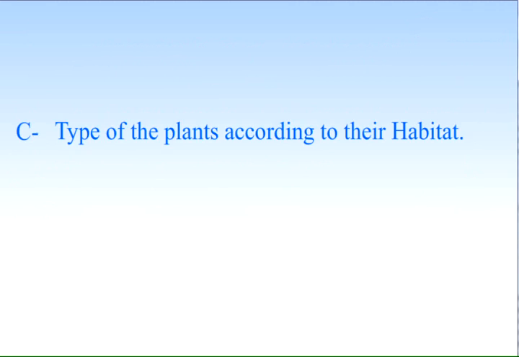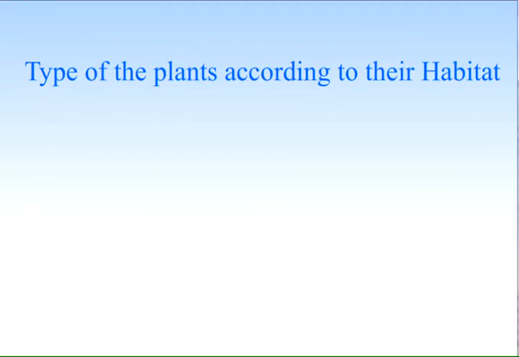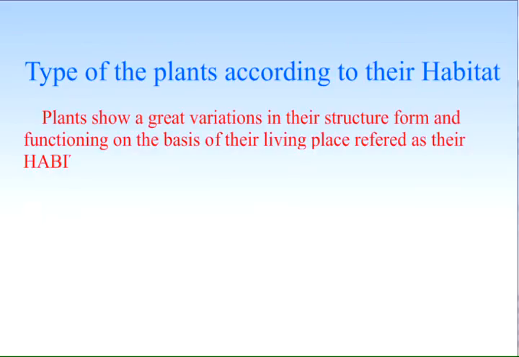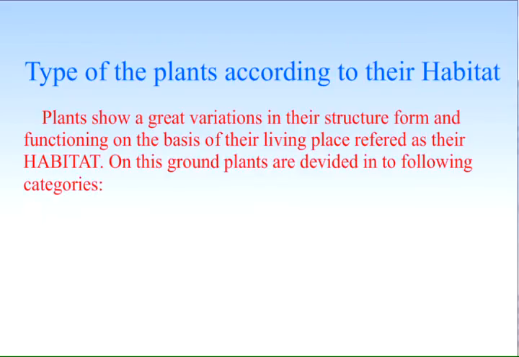Type of the plants according to their habitat. Plants show a great variations in their structure, form and functioning on the basis of their living place referred as their habitat. On this ground, plants are divided into following categories: hydrophytes,